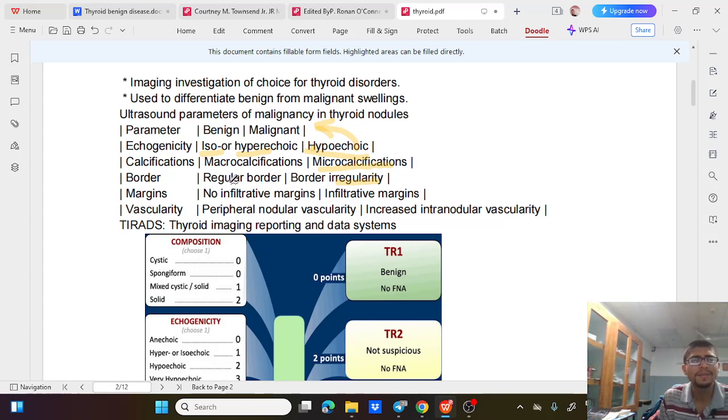In regular border, it will be benign features. Then margins, if there is infiltrative margins or invasive margins, यानी घुस रहा है margin में, then it is again a malignant feature. Non-infiltrative margin will be benign feature. Then increased intranodular vascularity. So vascularity, if the nodule has more vascularity inside, then it is a feature of malignancy. यानी नोड्यूल के अंदर वैस्कुलरिटी बढ़ जाता है तो वो एक मैलिग्नेंसी का फीचर है।